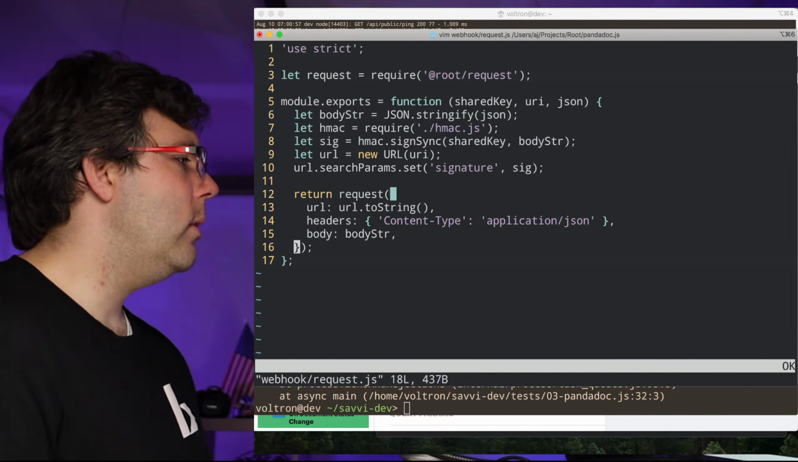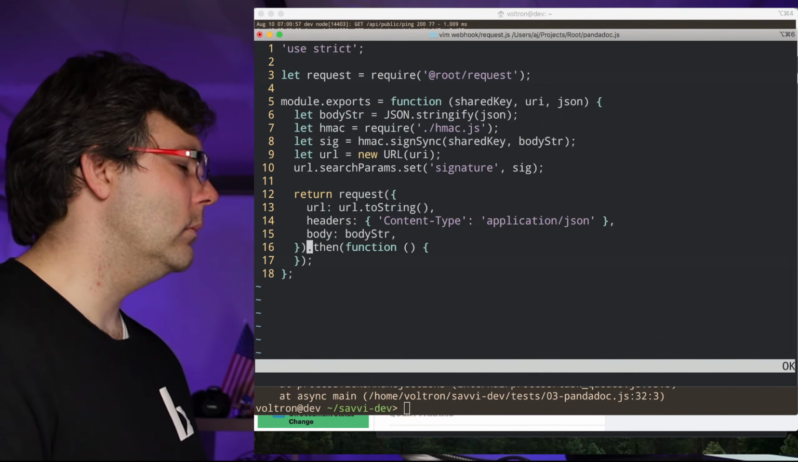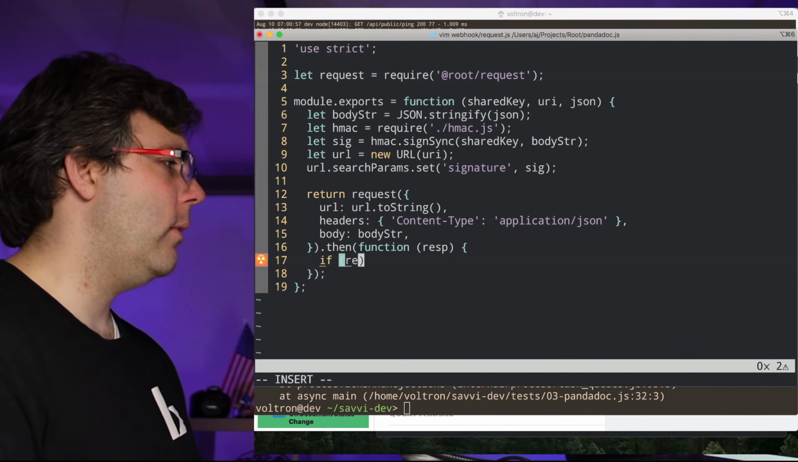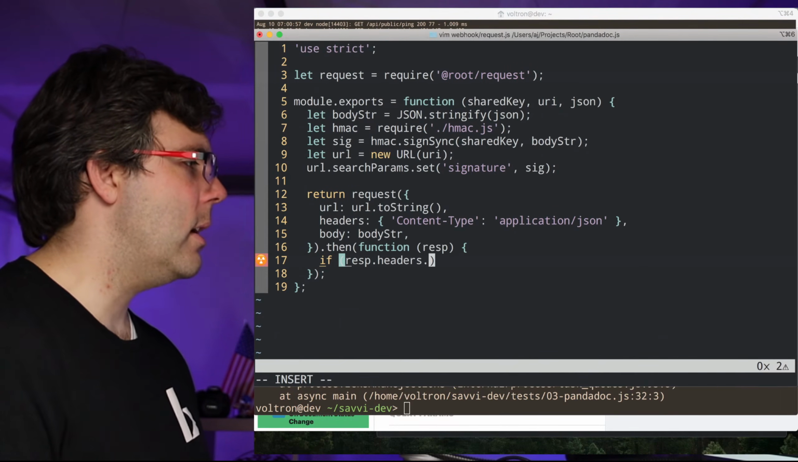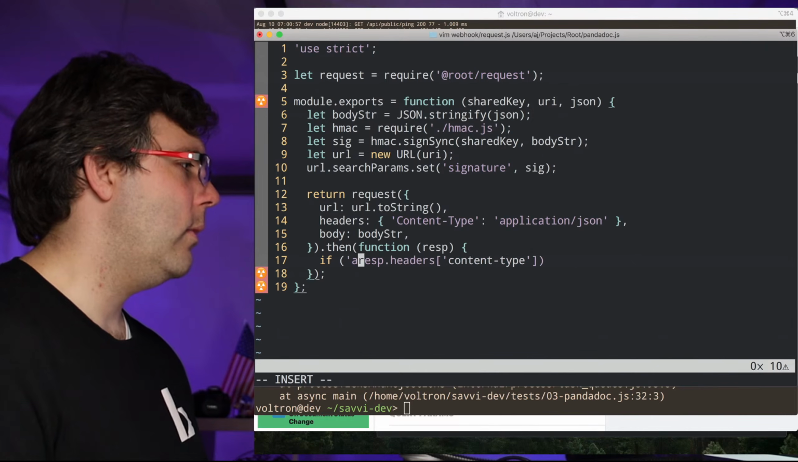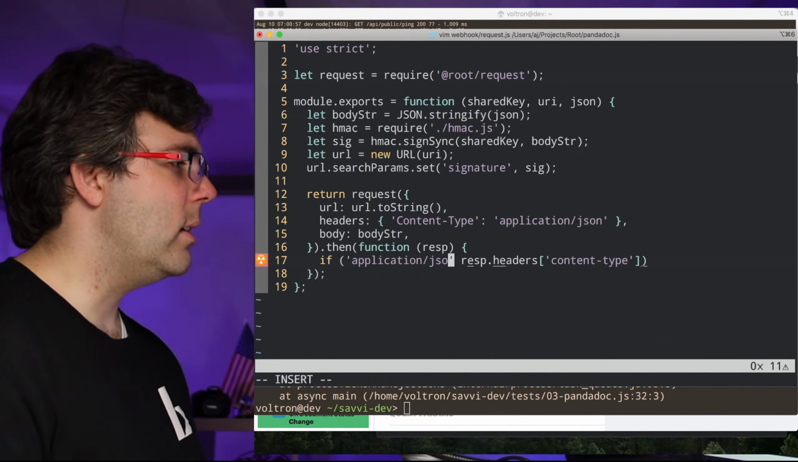Okay, so what we're going to have to do then is just call .then and get resp and do if resp.headers. Let's see, I think it should be lowercase content type. So if application JSON, or really just if JSON,